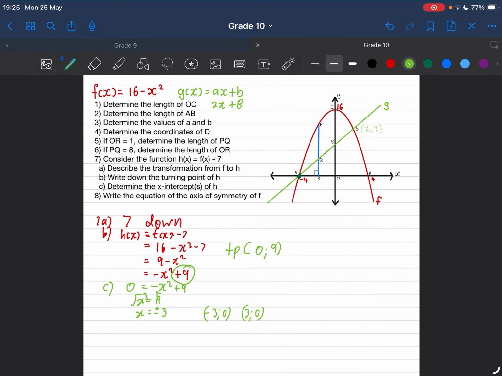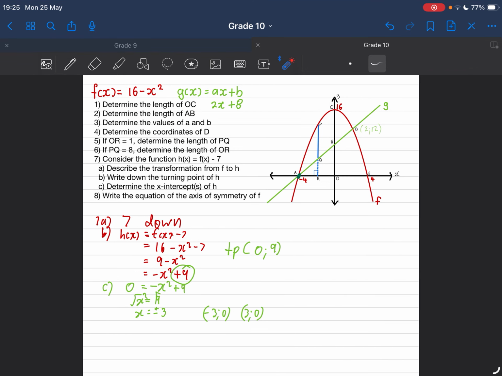Alright. Lastly, they want the equation of the axis of symmetry of f. So f is a parabola, as you're seeing here. It can be cut straight down the middle, and a vertical line straight down the middle is given by the equation x equals to